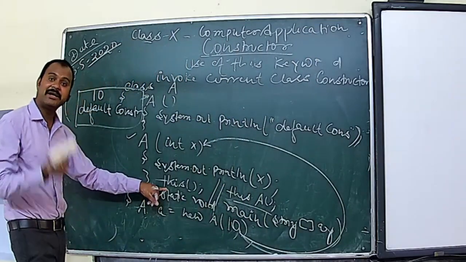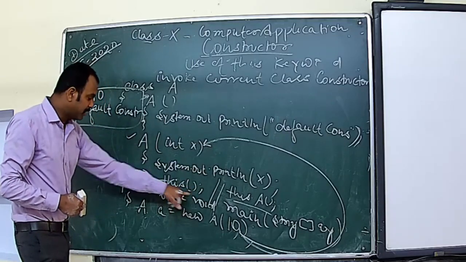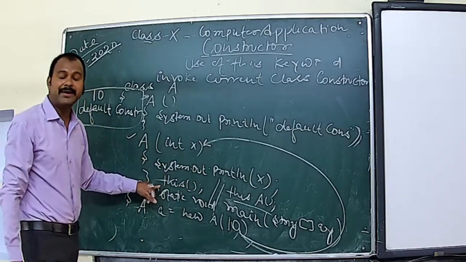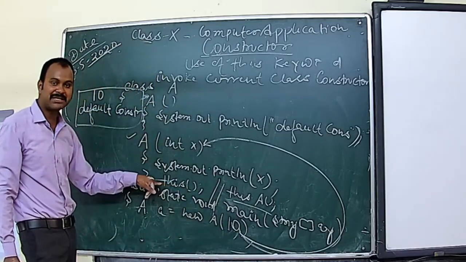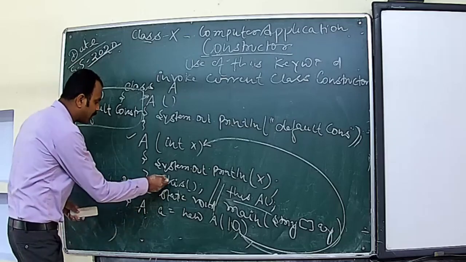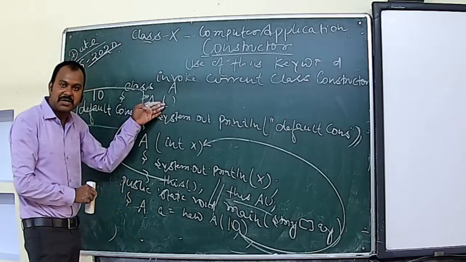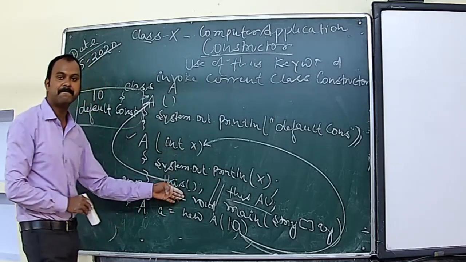Last time I had written in the current class methods this dot method name. In calling the current class constructor, we don't need to write this dot n, this dot m or this dot A. Directly, as soon as I write this only, it will refer to the current class constructor. If any parameter it contains, then you can pass the parameter as well, and accordingly it will execute.